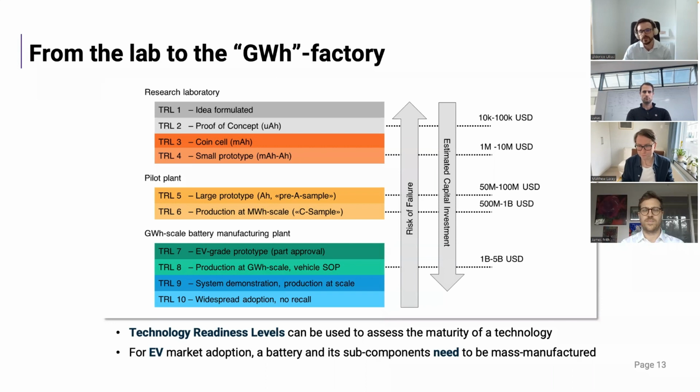I think where I want to start today is really about discussing the different scales of where innovation happens, where it starts and where it ends. So when we think about moving a battery technology from the lab to the market, one reason why this is so complex, why there are so many opportunities for miscommunication, is that it's a very long process. It's a very complex process. So what you can see from this slide, which is again extracted from our paper,